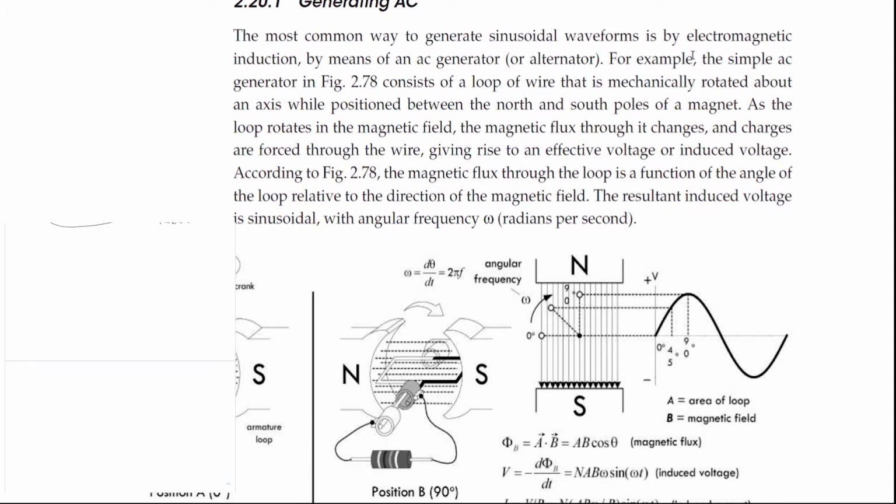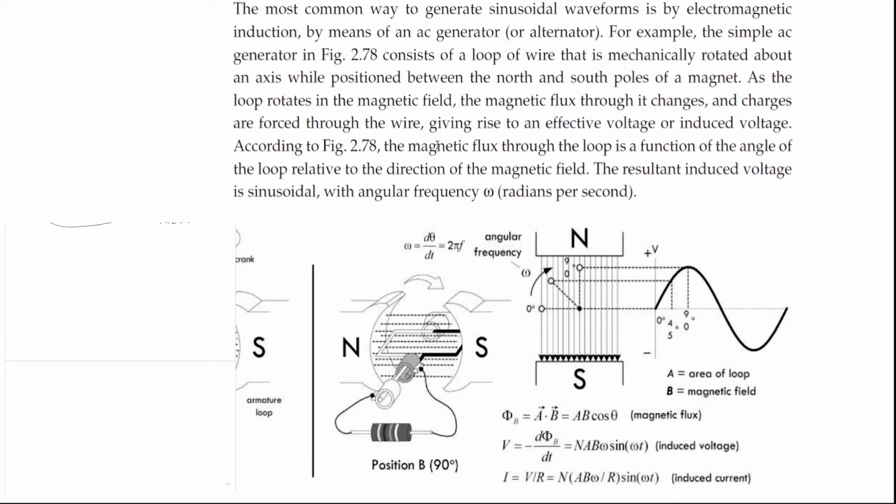Consists of a loop of wire that is mechanically rotated about an axis while positioned between the north and south poles of a magnet. As the loop rotates in the magnetic field, the magnetic flux through it changes and charges are forced through the wire, giving rise to an effective voltage or induced voltage. According to figure 2.78, the magnetic flux through the loop is a function of the angle of the loop relative to the direction of the magnetic field. The resultant induced voltage is sinusoidal with angular frequency